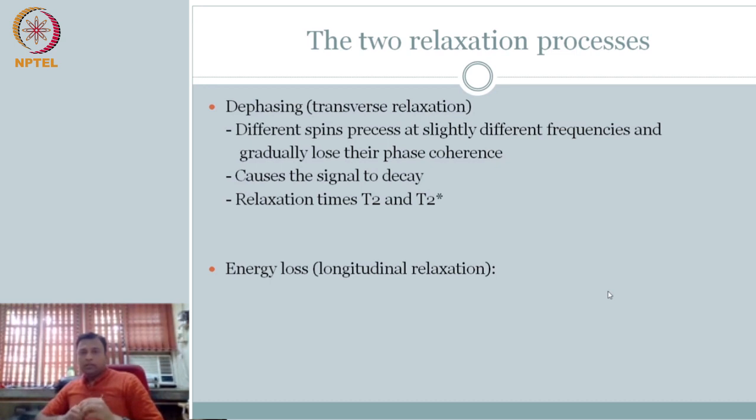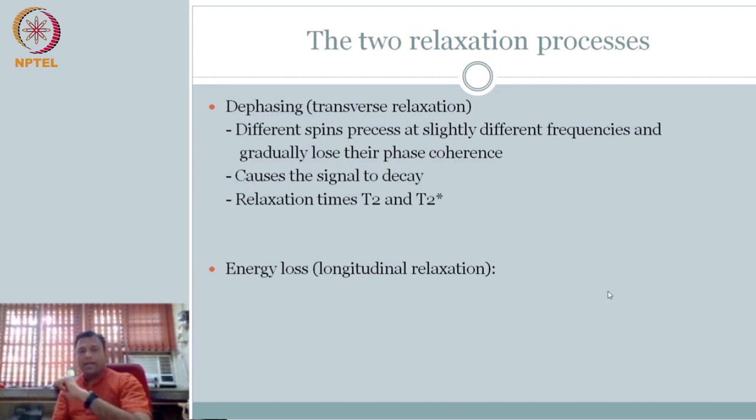The first one you could think about this way. How did you get a signal? Because of phase coherence. What do you mean by phase coherence? Each spin started with a different phase. Now all of them are aligned, and of course they all have the same frequency, or are supposed to have the same Larmor frequency. So they are all in alignment, even though they started differently. The excitation pulse made sure they all come together and then precess with the same frequency.